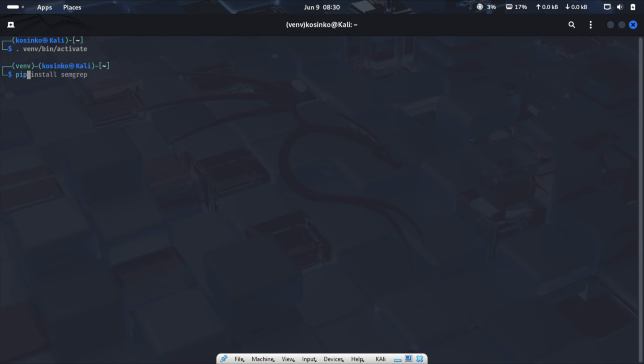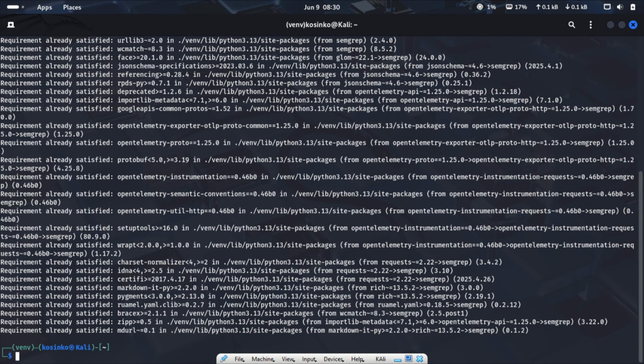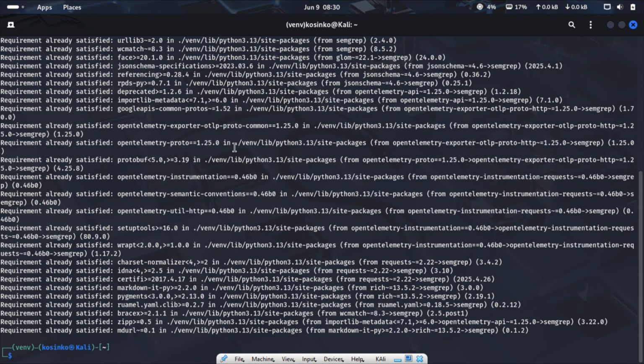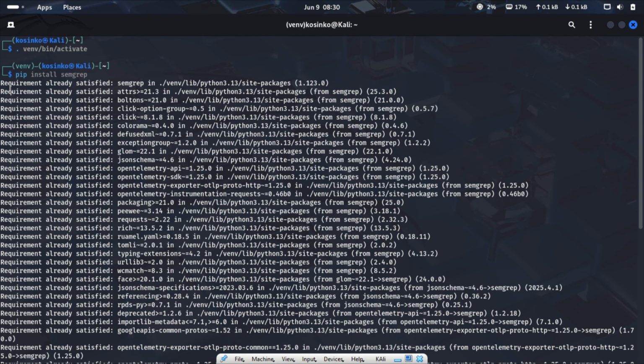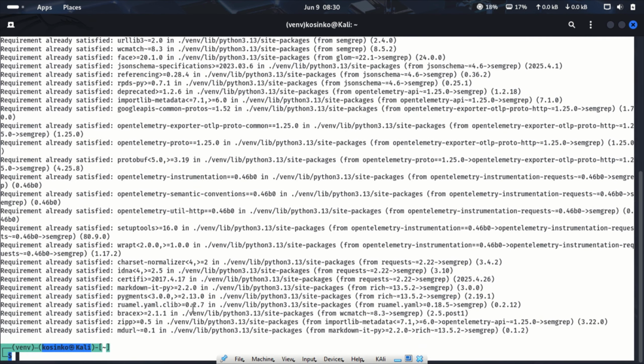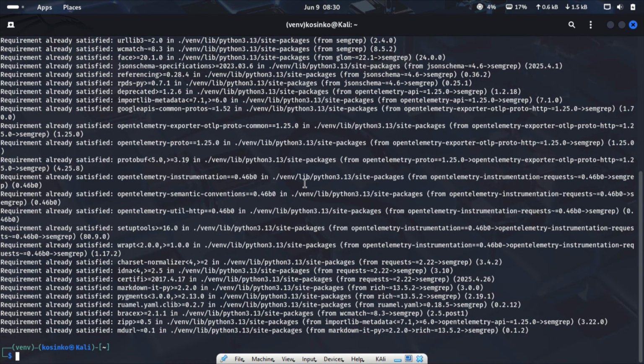So now we can do pip install Semgrep. And the installation is very fast. As you can see, we already have Semgrep, and its requirements are all satisfied already. So now, since we already have Semgrep, we're going to